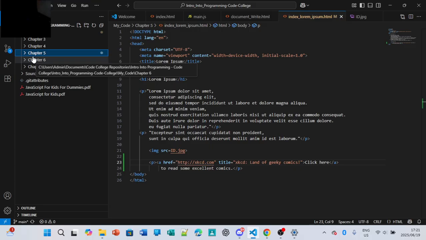So yes, right now we're working on chapter 5, so the image is saved under folder chapter 5, right? Yeah, you have to do that, because if you're just referring to an image and you run this code on your web page, obviously it's going